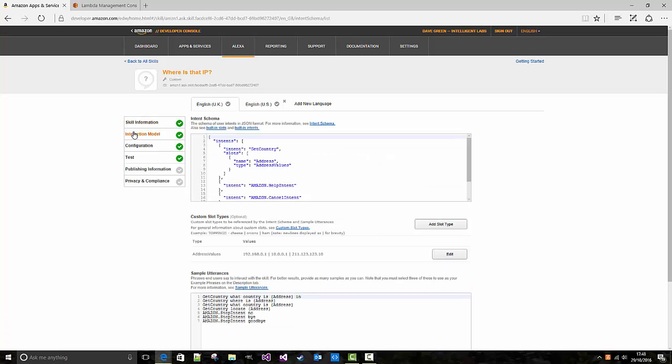Going on to our interaction model. This is where we build our schema for intent. Now we only have one intent, which is get country. That's what we've called it here. And we need to have what's called a slot, so what type of value we're going to have. Now there are a number of built-in ones such as number, address, city, and then based on country you can have different values. In fact, while we're here, if I just open up this page,